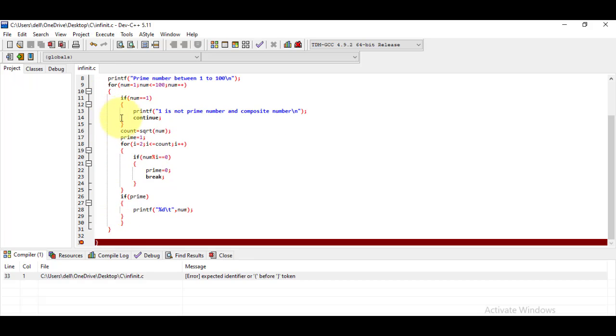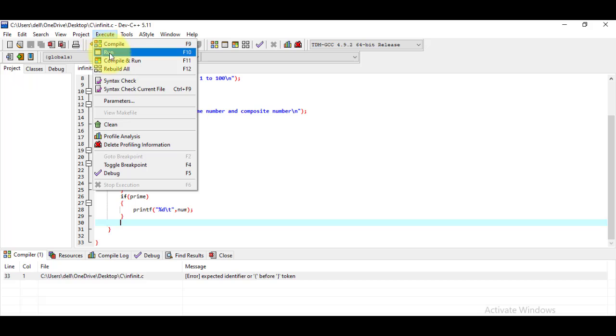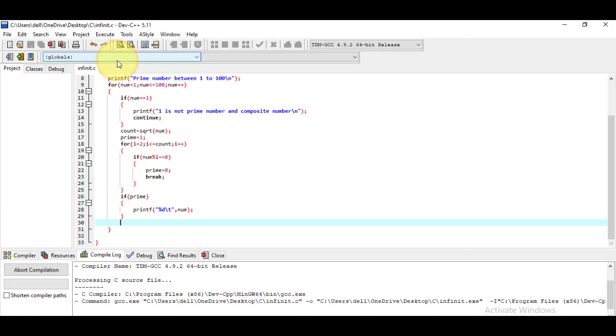This if has started here, this closed here, this for loop has started here, and this closed here. So I think this is an extra one that has been added here. So just go and save the changes, go to the execute menu and choose compile and run.